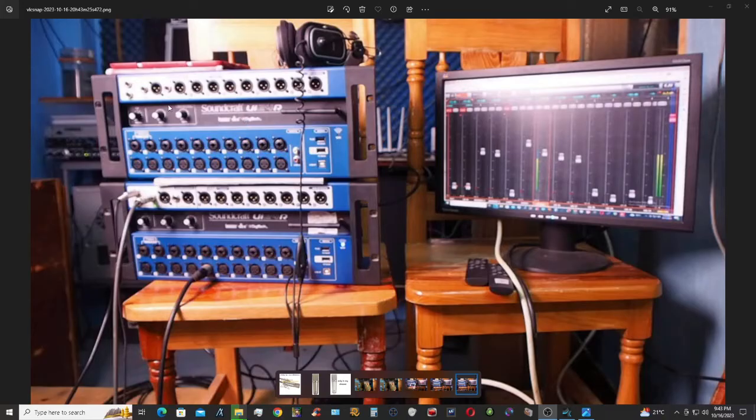Here are two Soundcraft ui24r that have different troubles but the same solution. Putting a little jumper wire on the F1 solves the problem. For this lower Soundcraft here, the green light keeps on blinking for a long time without booting. The blue light never comes out, so you can never use it because it will not continue to boot the CPU. The green light keeps on blinking, and it was solved by putting a little jumper wire on the F1